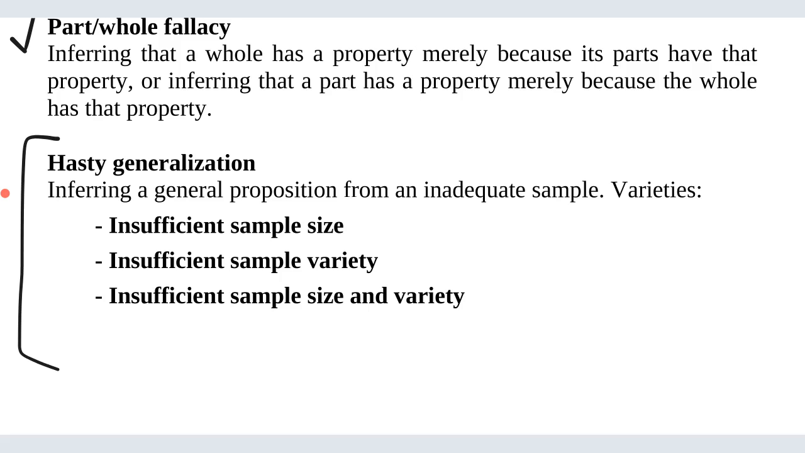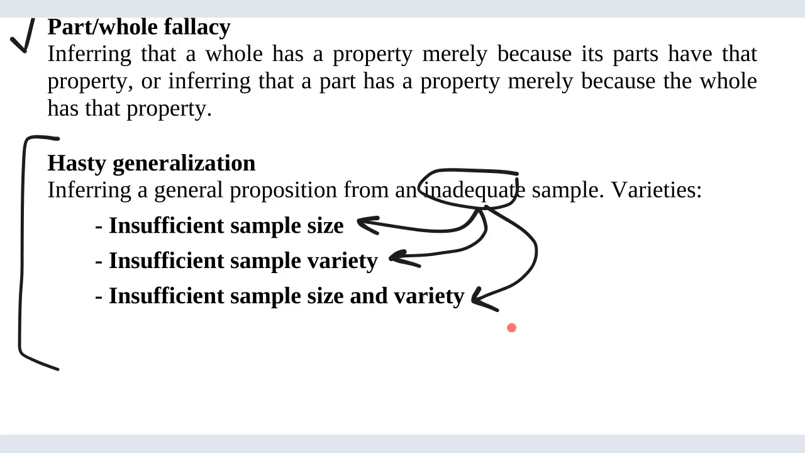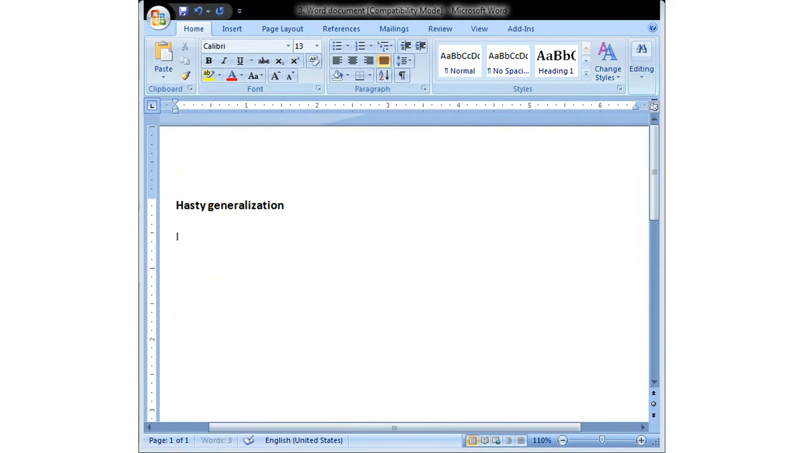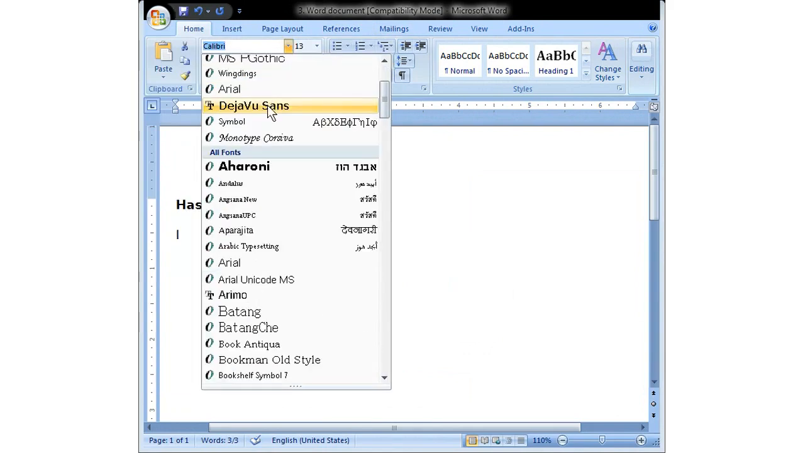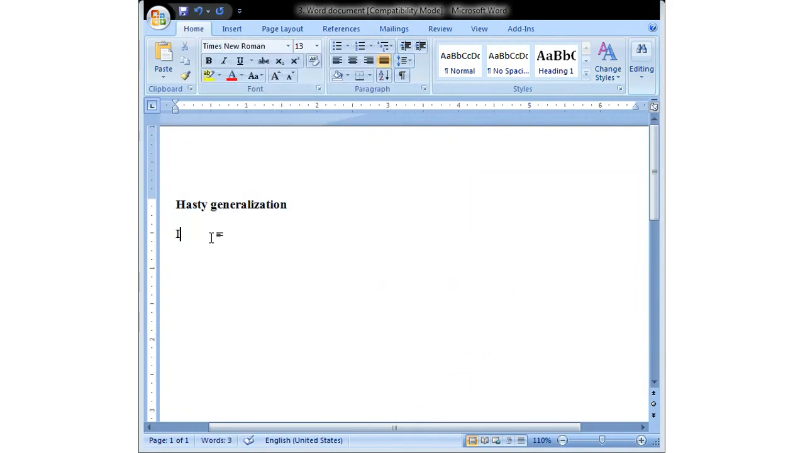Inferring a general proposition from an inadequate sample. What we mean by inadequate could be inadequate for the following reasons: insufficient sample size, insufficient sample variety, or insufficient sample size and variety. Let me give you some examples. The easiest way to think about hasty generalization, your gateway drug into it, is to think in terms of polls, poll taking. So imagine I poll one person